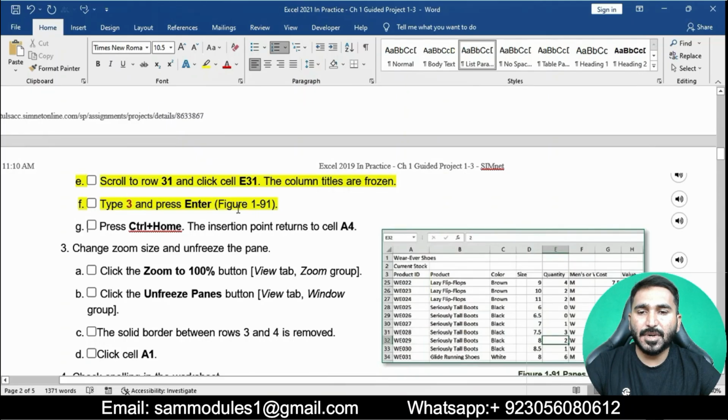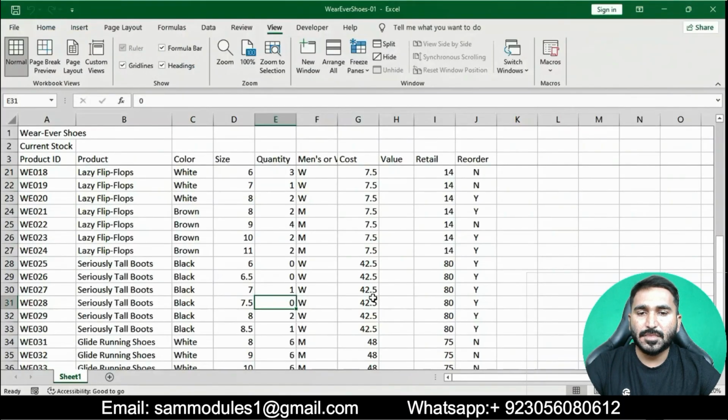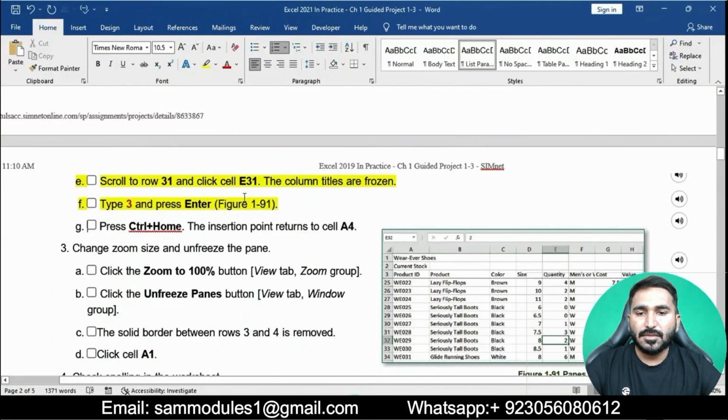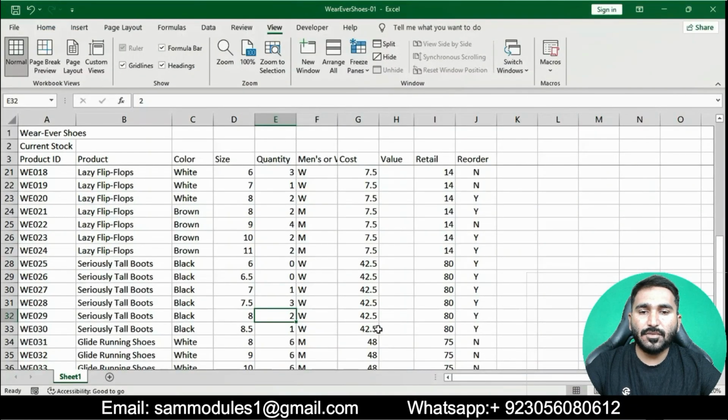Then press Ctrl+Home. The insertion point returns to cell A4.